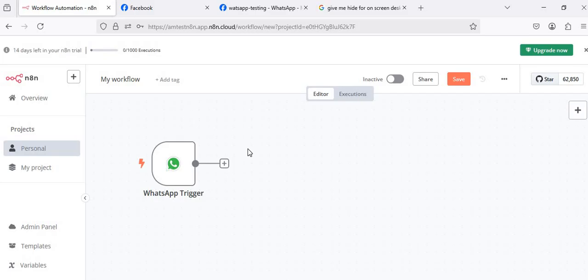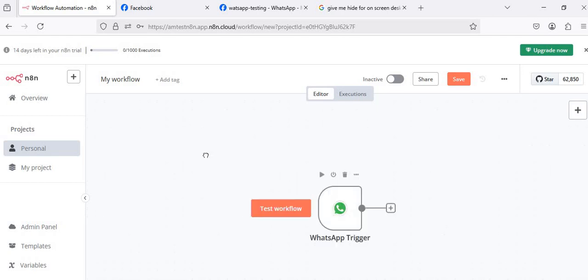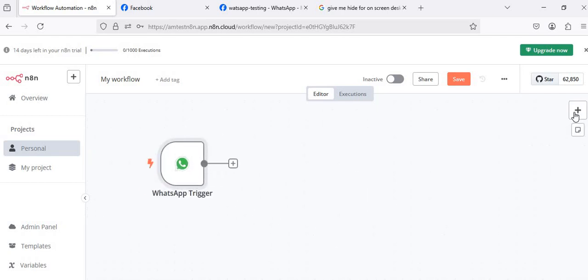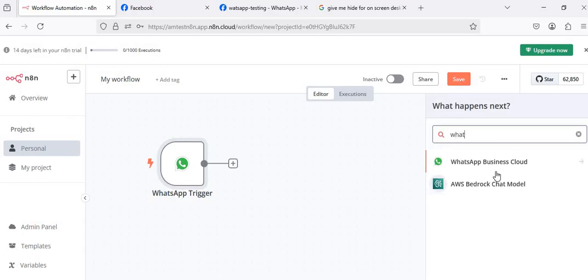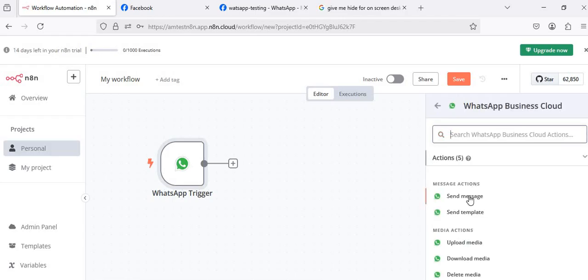After receiving the message from the customer, we need one more WhatsApp node. So let's create it. Click on this open nodes panel, and then I search for WhatsApp Business Cloud, and here,